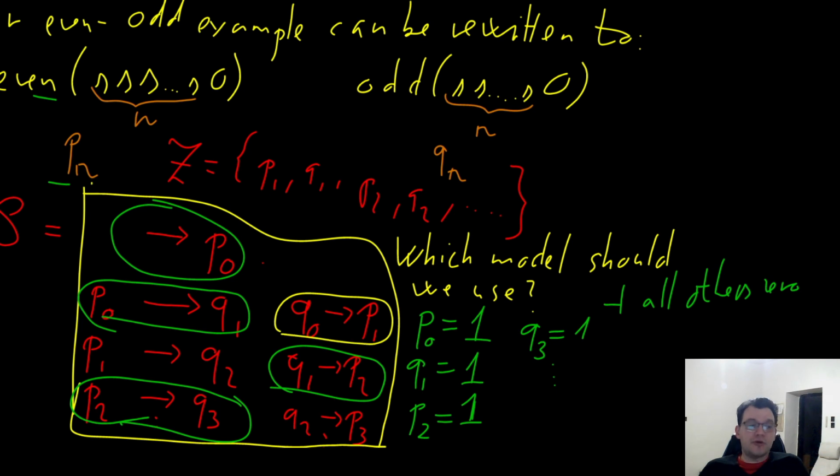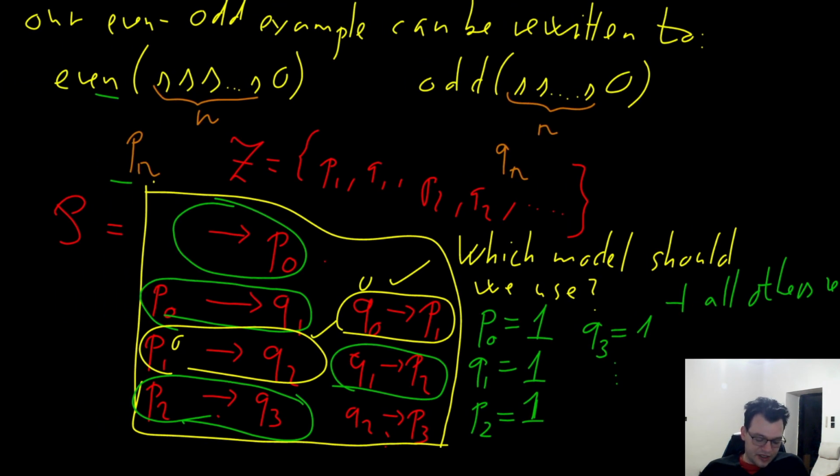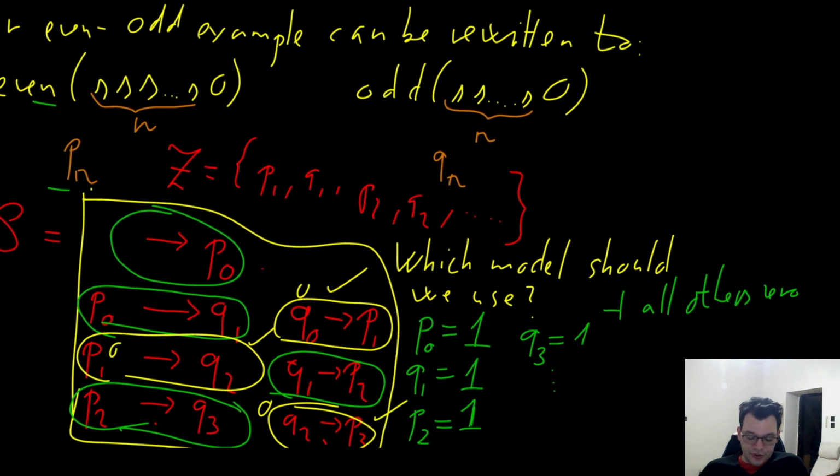for example, will be satisfied because Q0 is a 0, so it's false. And if an implication has a left-hand side evaluating to false, then the implication is true. So if the left-hand side, the body of the clause, is false, then the clause is true. So it's fine. This guy here is also fine because P1 is 0. This guy here is also fine because Q2 is 0. So all the others being 0 is a model,